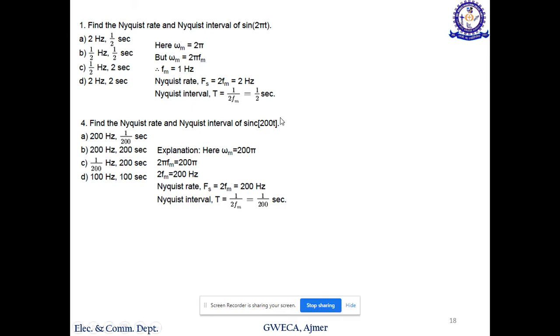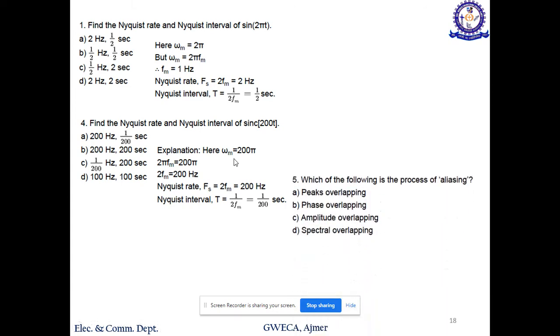Actually, here π is not given. See very carefully, π is not given. So that is why this whole calculation is there. We calculated twice fm is equal to 200 hertz because 2πfm equals 200π. Okay,